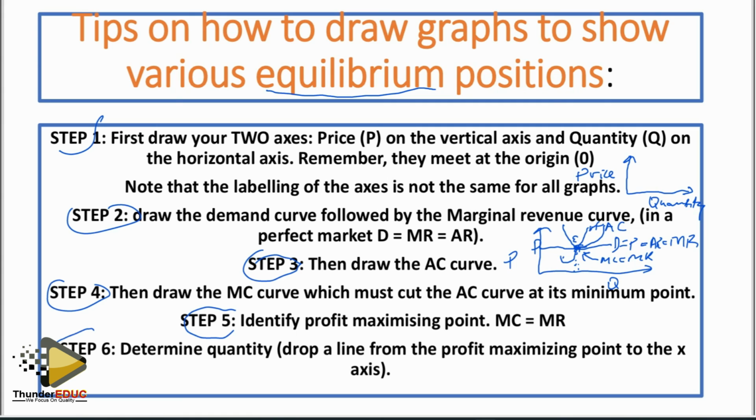Okay, right. So now let's check step number 6. Step number 6 says that you should determine quantity, or drop a line from the profit maximization point to the x-axis, which we already did. We did drop this line from there towards the axis for quantity. So now when you